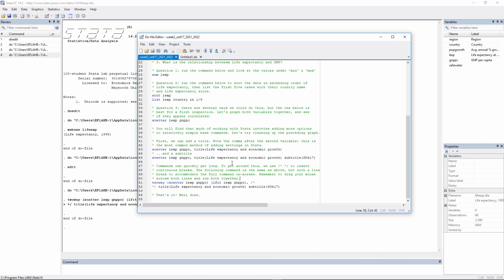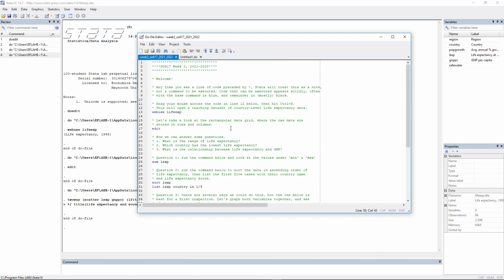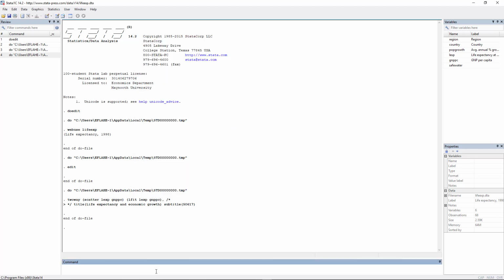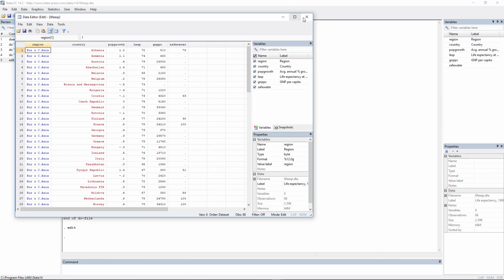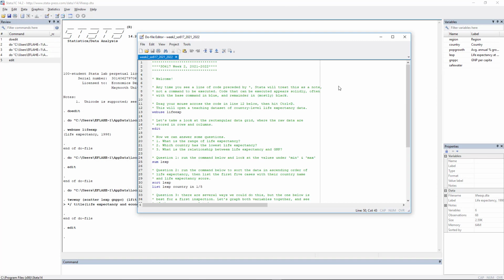Again, we'll be adding more commands to this that allow us to save our data, export our data. As we go through this, we'll be making changes to some of the datasets that we use. We'll be able to switch between datasets within the do file. The most important thing about using do files in this way, again, I could do any of this down here. I could type these commands into the command line to make it do whatever I want it to do. But the point is that we have a record that shows exactly what we did and keeps track of the workflow. This is really important for project work, that we remember that we have a log of what we did,